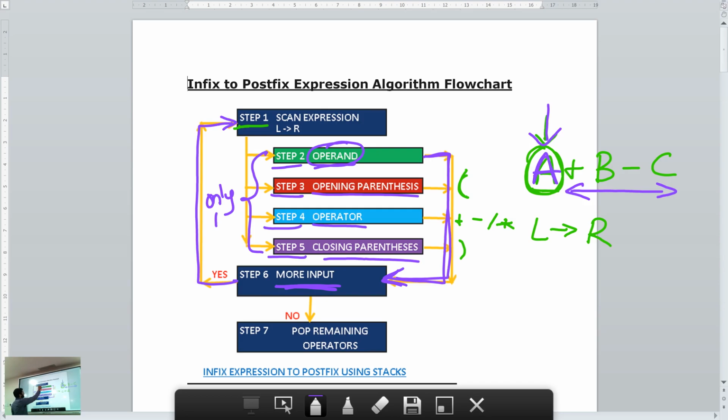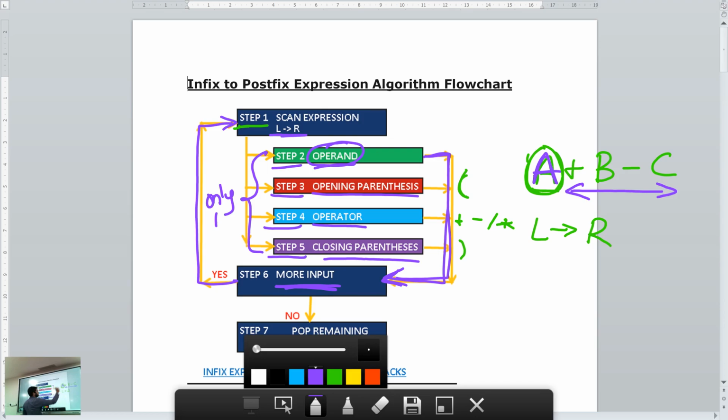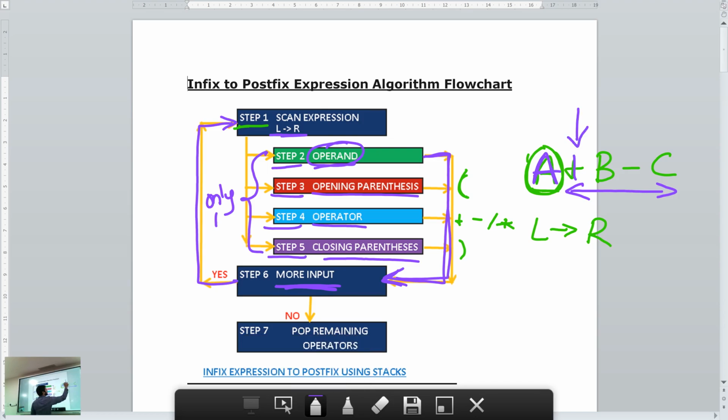Again I scan my next input from left to right. After A, what is the next input that I have? The next input is the plus sign. So then again I perform one of the steps. Plus is step 4, it's an operator.